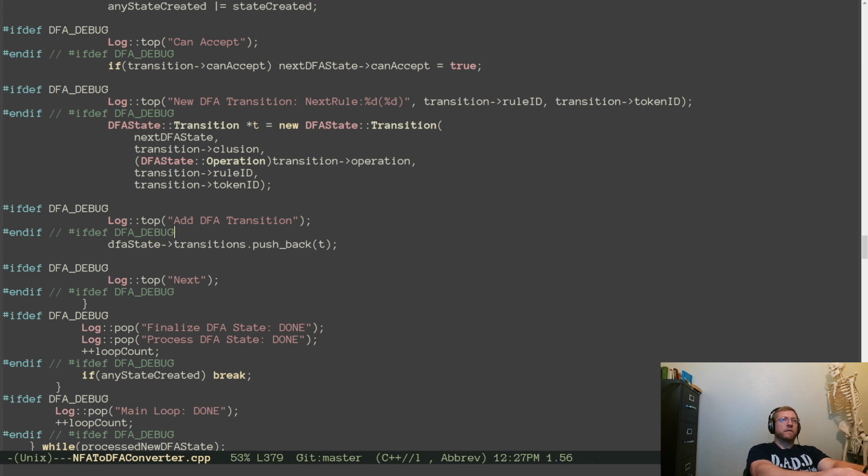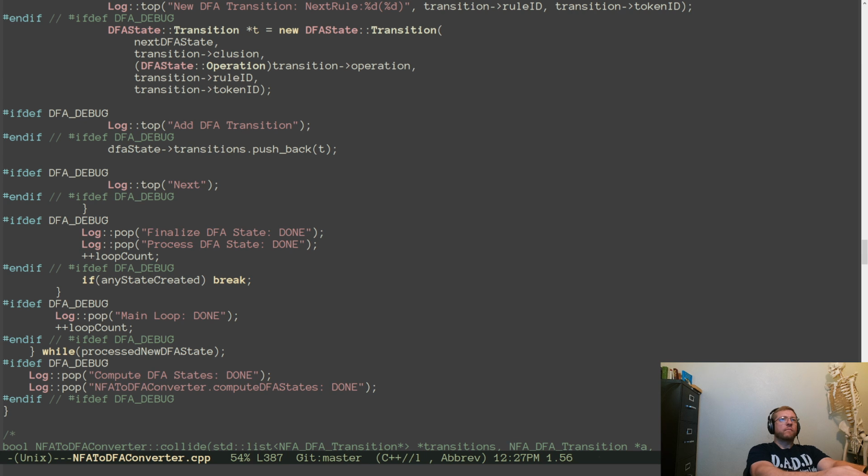Add DFA transition. Finalize DFA state. DFA state.